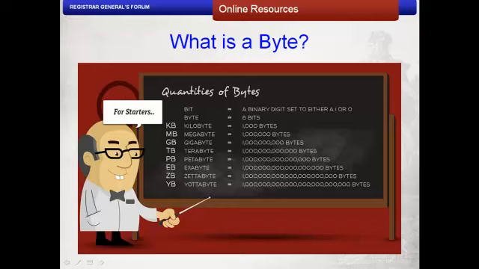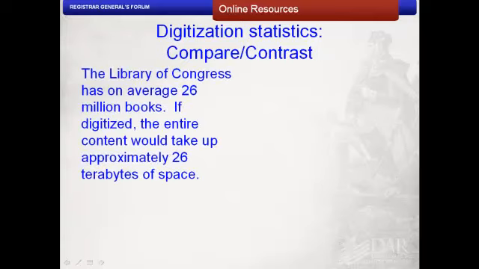Let's look at digital storage to put this in perspective. On average, one digitized book takes up approximately 1 megabyte of space. 1,000 megabytes equal 1 gigabyte, 1,000 gigabytes equal 1 terabyte. So to compare and contrast the amounts of records out there, at RootsTech 2011, Brewster Kahle pointed out that on an average day, the Library of Congress has approximately 26 million books between the 3 buildings and the Fort Meade storage facility. If the entire 26 million books were digitized, it would take up approximately 26 terabytes of space.